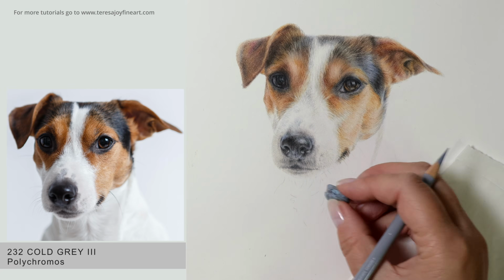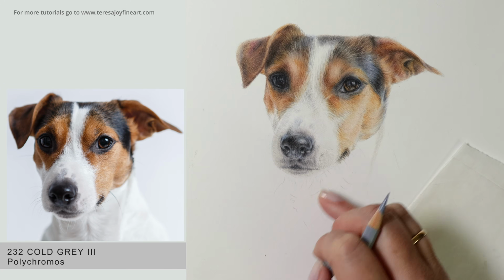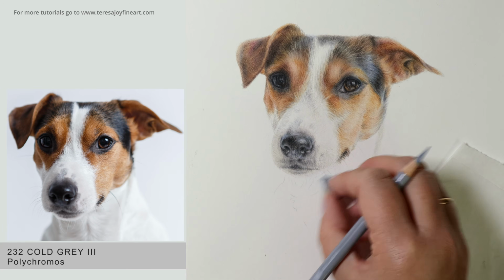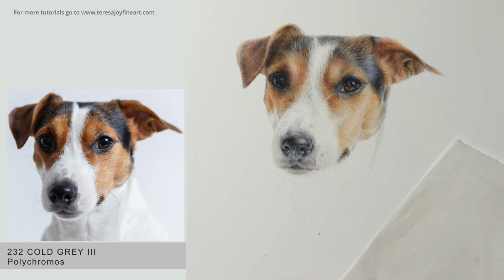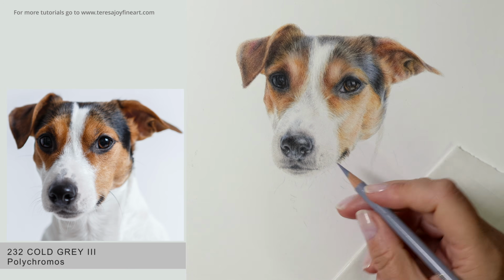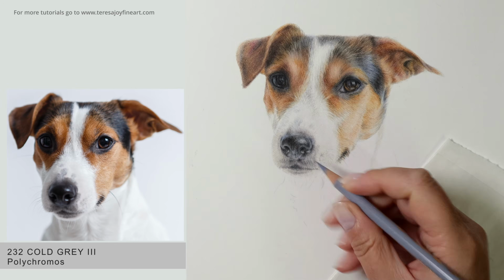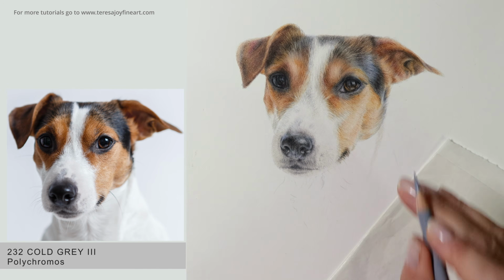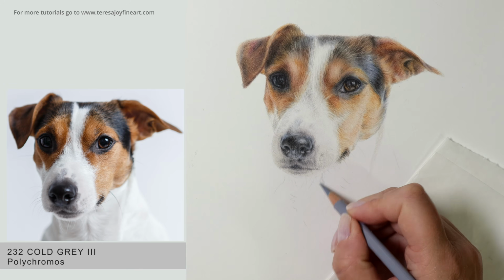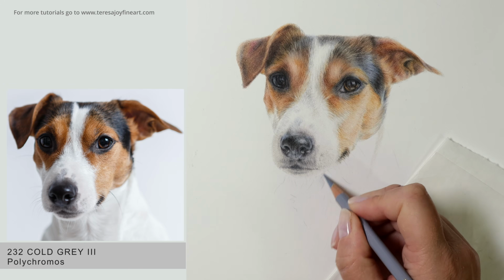I think what I'm going to do is move to this bit here because this will be quite a dark bit, and then you'll be able to see what I'm doing. So I'm just going to take my pencil lines out. I'm just going to brush it off with a brush. This is the Coal Grey 3 from the Polychromos. I'm not going to use a base layer at the minute for this. What I'm going to do is very, very gently